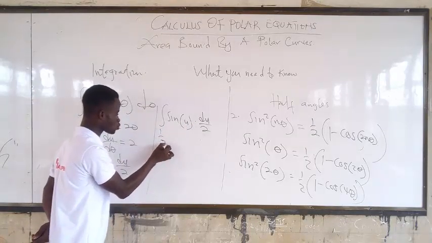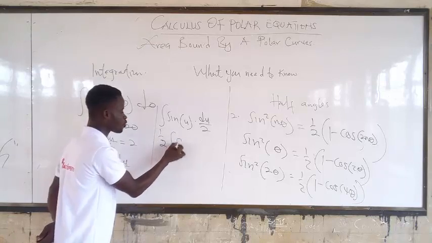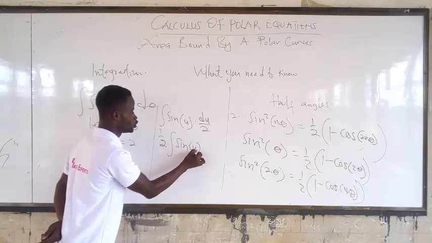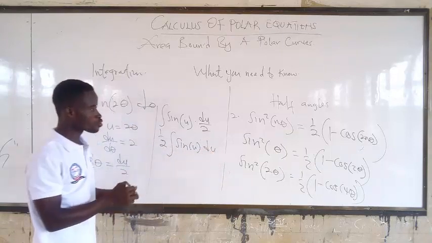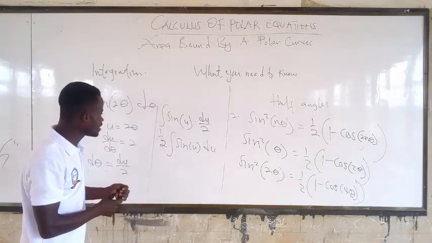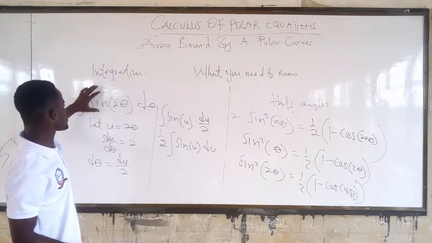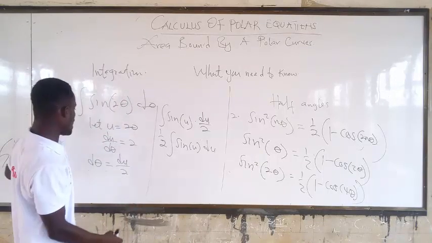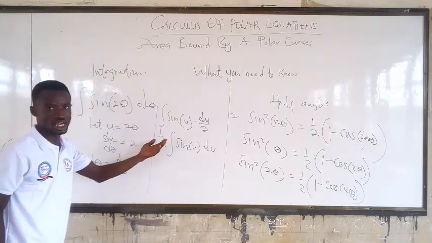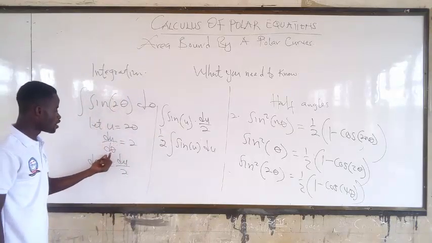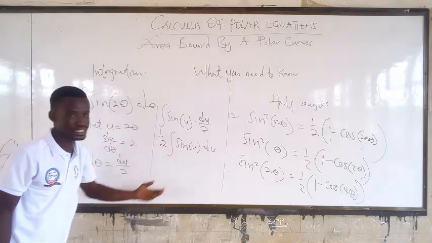Bring that half out. It's the integral of sine u du. So you can now see it clearly. You don't know how to integrate sine 2 theta, but after setting 2 theta to be u and doing the substitution, you can now see clearly